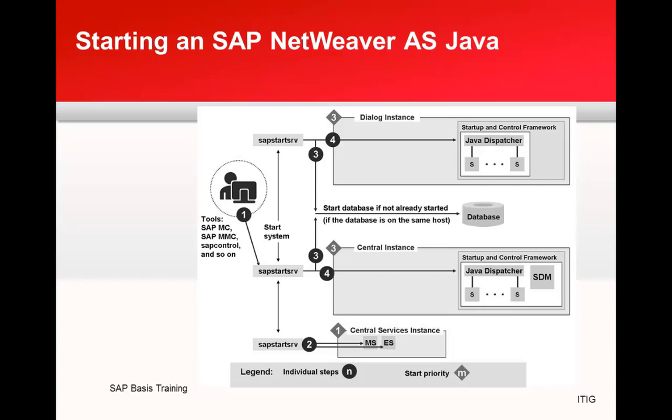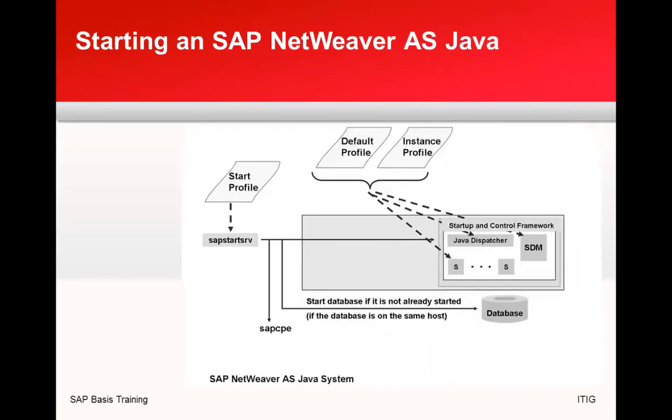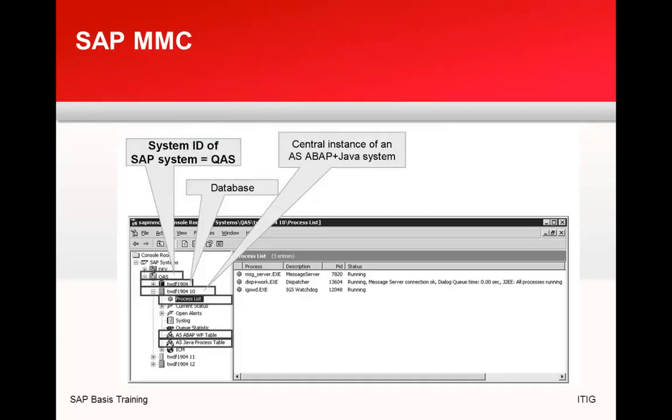Okay, so let's go to the next slide, where it is showing how the SAP start SRV is starting the rest of the process. Then SAP CP is started. After that the database is checked, and if it is not started, it is started, and then default and instance profiles are started. Okay, then this is the figure about the SAP MMC. Here you can see the system ID, database, then you have the central instance of an AS ABAP